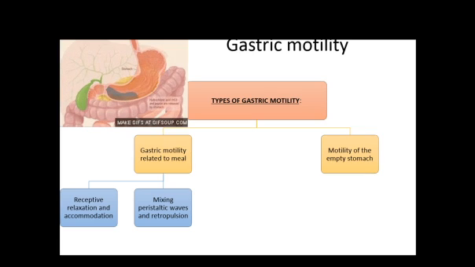Contraction of the antral region is followed by contraction of the pyloric sphincter, which prevents the emptying of gastric content. By preventing the gastric content from emptying into the intestine, you can see here it is causing mixing of the food we eat with the gastric juice. Not only mixing, it also causes breakdown of this food into fine and small paste-like consistency, which can be easily digested.